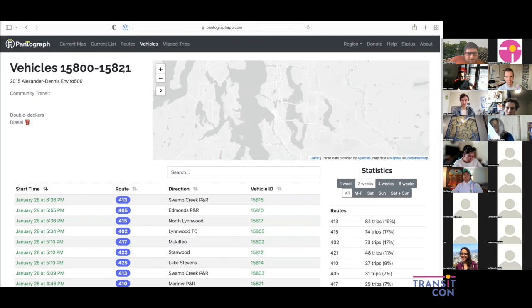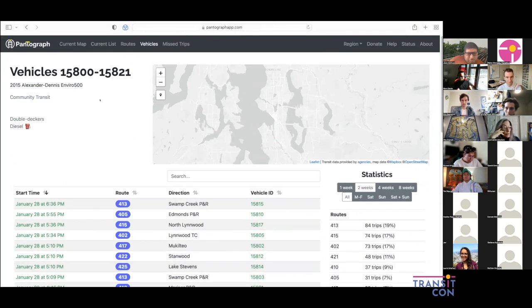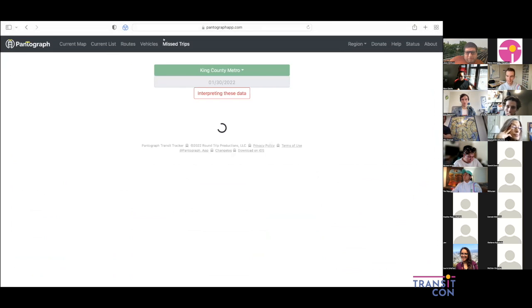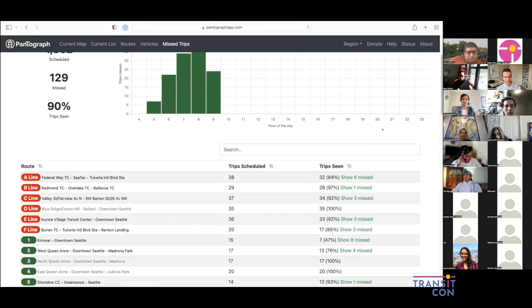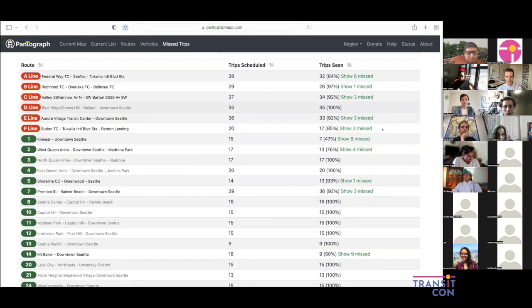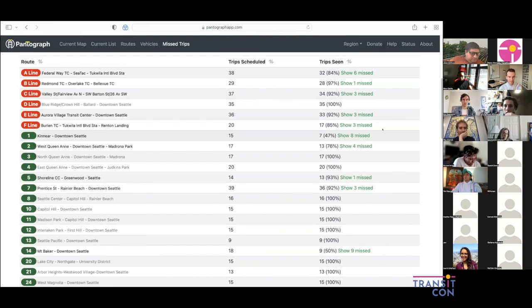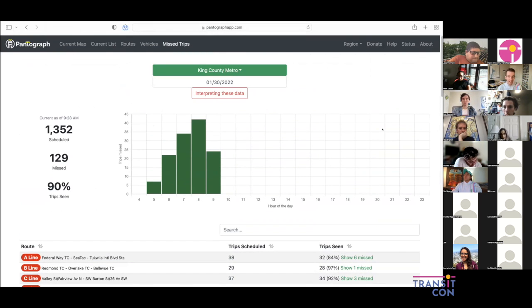These aren't out and about right now because they only get used on weekdays. But because Pantograph records all of the trips that it's seen in service, and because it consumes full schedule information, we can compare these two to see, okay, which trips didn't get served? What did I see? What was supposed to be served? And therefore, what was probably missed? I say probably because, as we'll get into momentarily, real-time feeds are only so precise, so it's more of an approximation. And the definition of a missed trip can also change a lot between agencies.